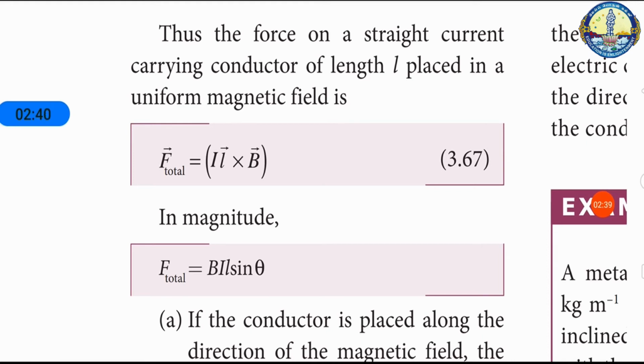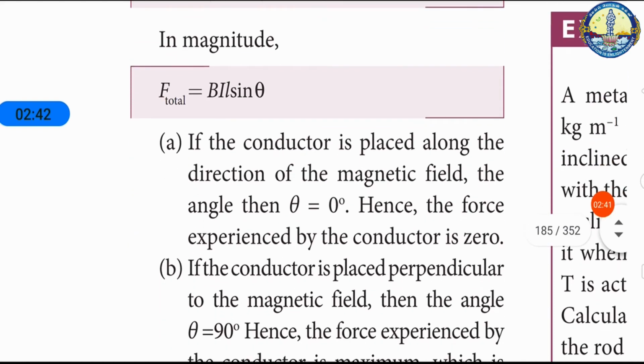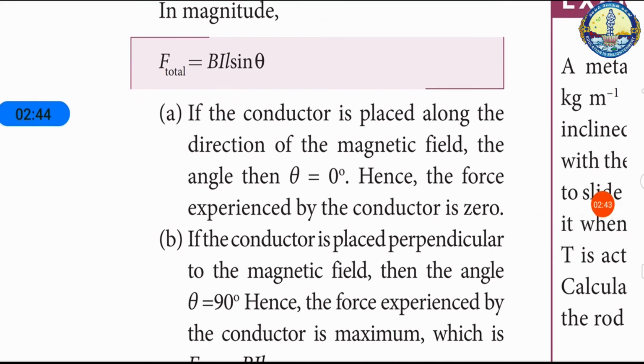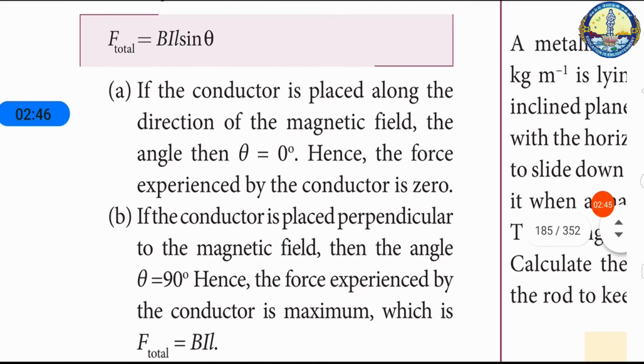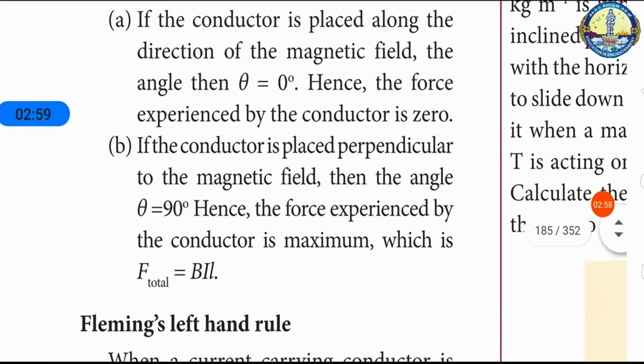Force between two long parallel current carrying conductors. We have considered two long straight parallel conductors carrying current, separated by a distance r and kept in air. Let I1 and I2 be the electric currents passing through conductors A and B in the same direction, that is along the Z direction.